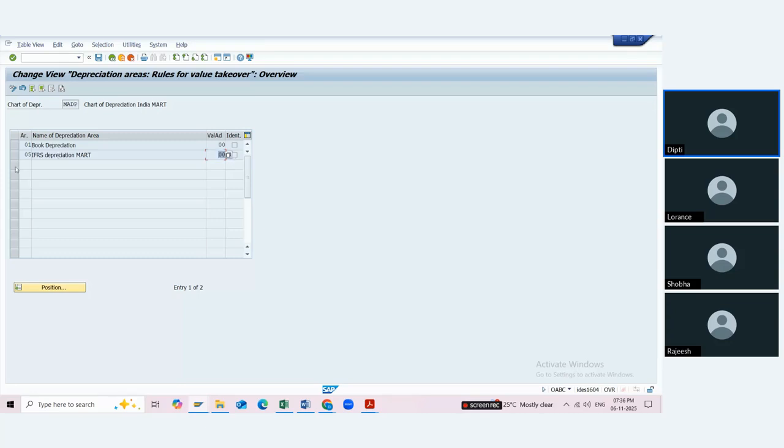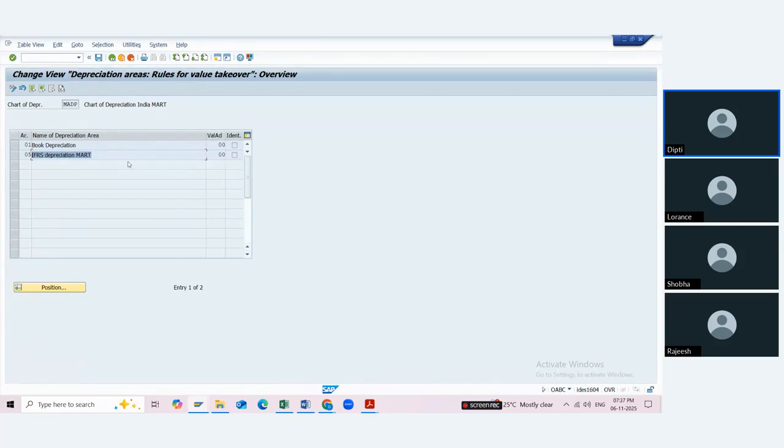posted. And if you have a parallel currency given, I mean, if you have a parallel currency as well, then that parallel currency type you have to assign. So here you will create another depreciation area. For that, you will have the same value followed as book depreciation, that you can do. And another depreciation area you have to create for the parallel currency that you have created. And another will have the same setup as IFRS.